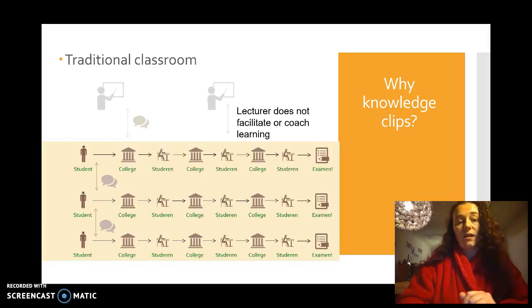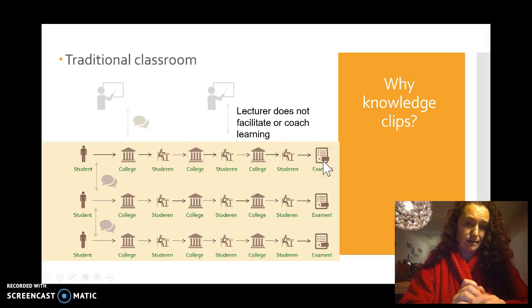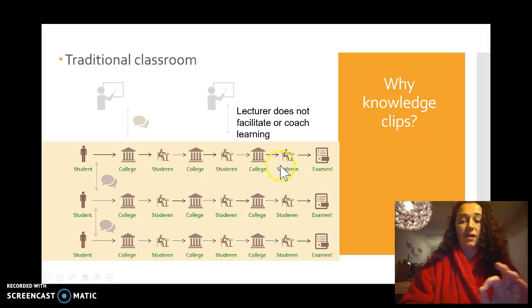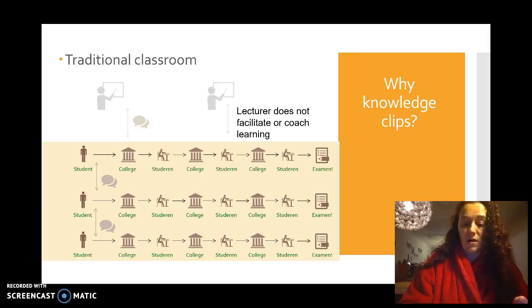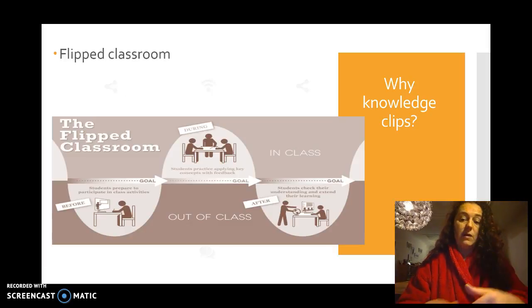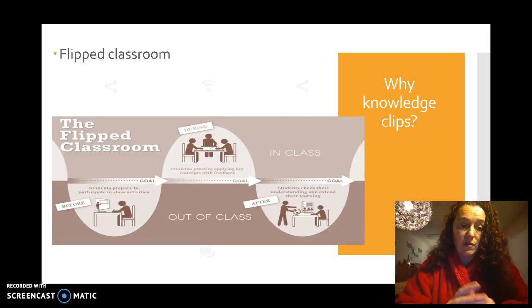In a traditional classroom, a student goes to class, gets a lecture, goes back home, studies, goes to another lecture, goes back home, studies, and so on until the exam. Most of the actual studying happens at home, where the lecturer is not there to facilitate or coach learning. This isn't ideal, and this is why there's now a lot of talk about the flipped classroom, which means that